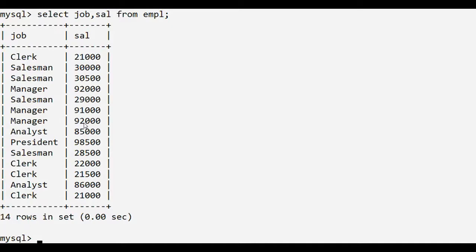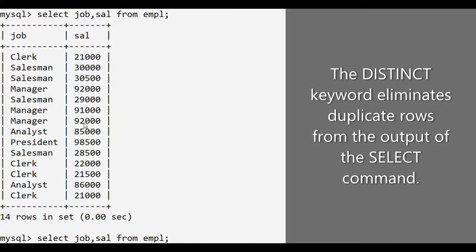If we want to eliminate these duplicate rows from the output of the select command, we will make use of the distinct keyword. So let's change the same command, and before the columns, we write the keyword distinct.